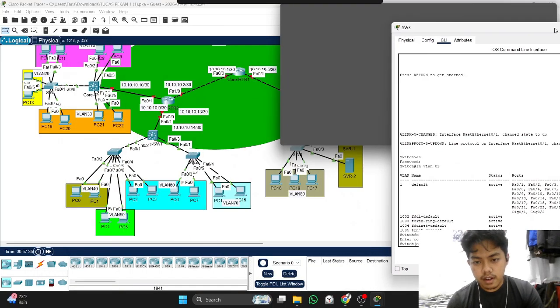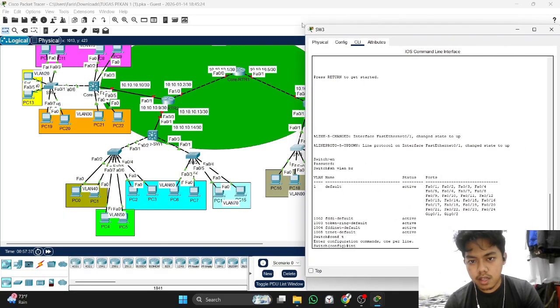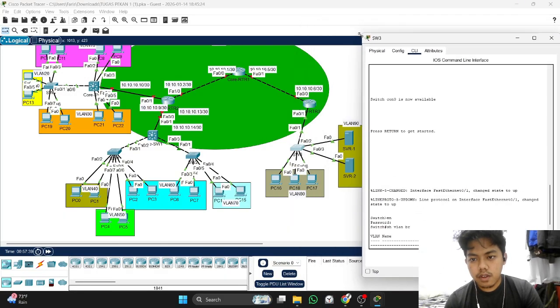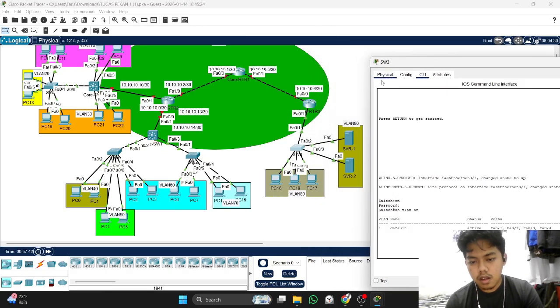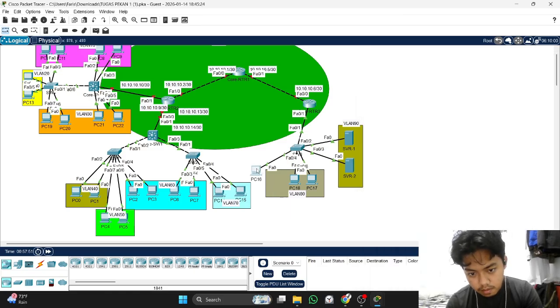For the ports on this switch, we just configure for the PC down to the server. PC interfaces 4, 5, 6.